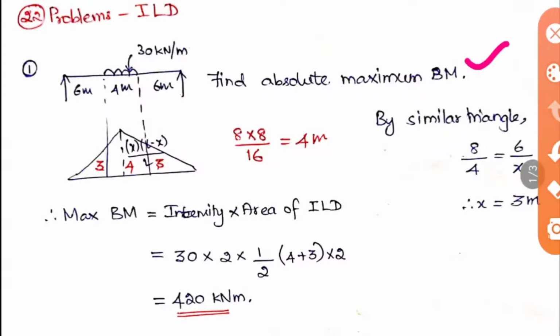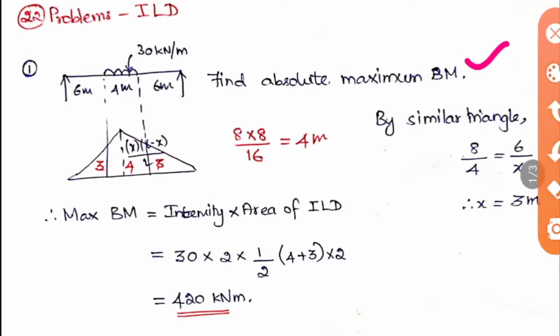Okay, so when this is the case, the UDL should be placed according to the section, but here the section is not given, so you can take the center of the span itself. So here it is taken as the center of the span, means if you are taking like this, the UDL is also cut similar to that, left side 2 meter and right side 2 meter, and the beam is also like that only, left side 8 meter and right side 8 meter. Okay, so you can draw the ILD for bending moment like this.